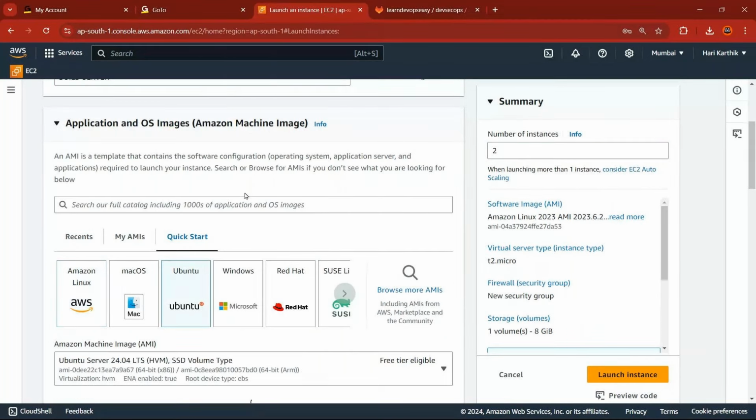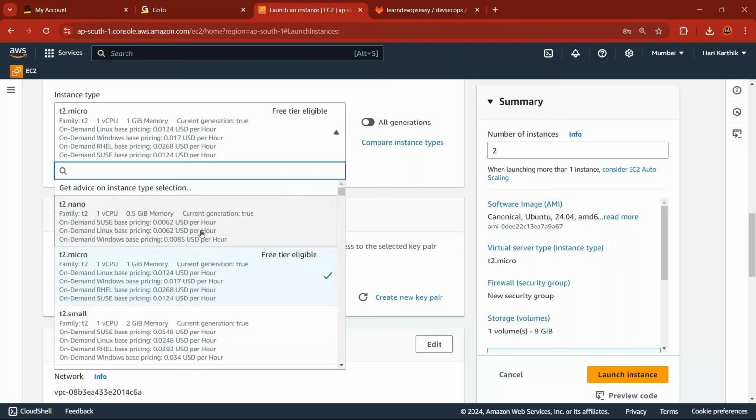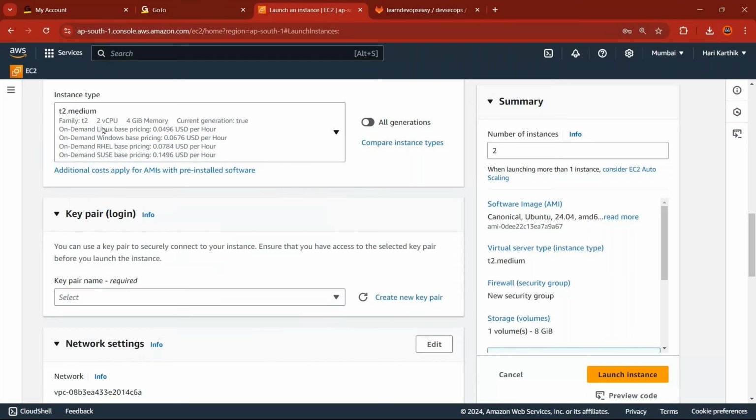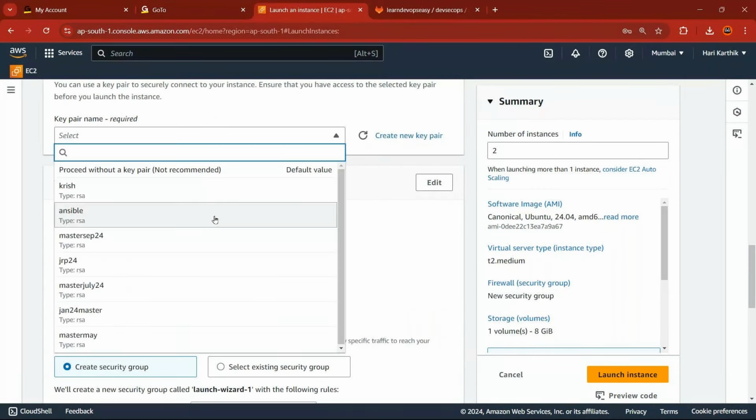And this is when I need a little larger machine. You can try with T2 Micro, but I would suggest you take a little larger machine for this practice so that everything will be faster. And also, SonarQube is a little larger tool. So what we will do, I'll take two T2 medium machines in which I'm going to get 2 CPU and 4 GB RAM, and go ahead and give a key pair for that and the default